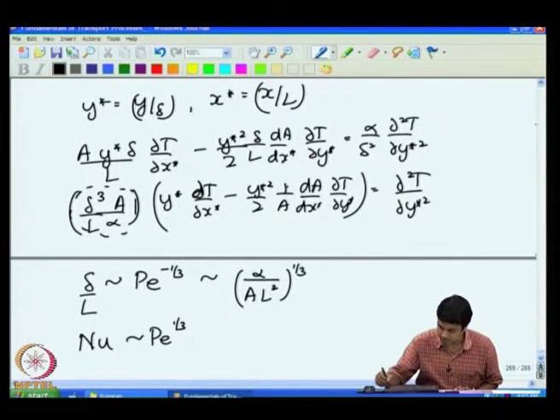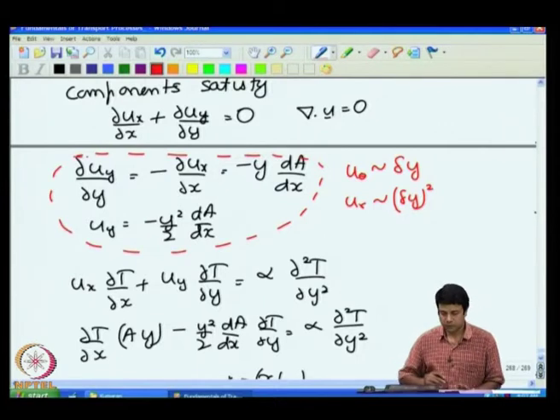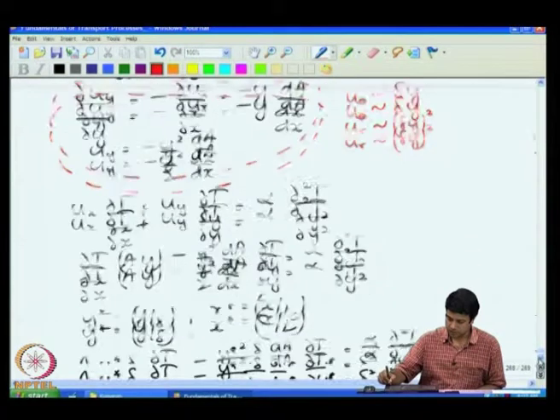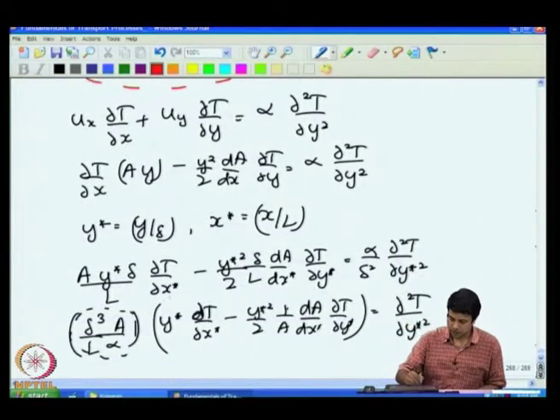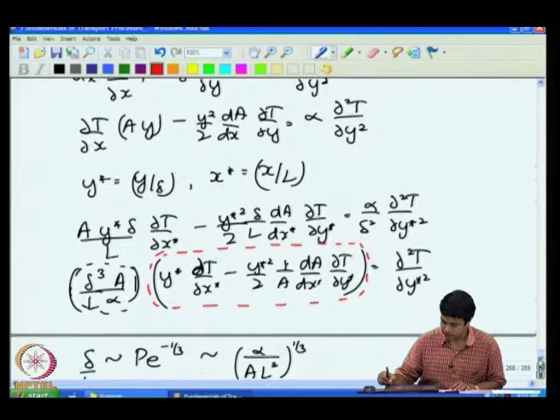The coefficient in this correlation, of course, depends upon the specific problem that you are solving. It depends upon the specific form of this velocity profile. You have to put in the specific form of the velocity profile into this equation, and then reduce this one using a similarity transform,